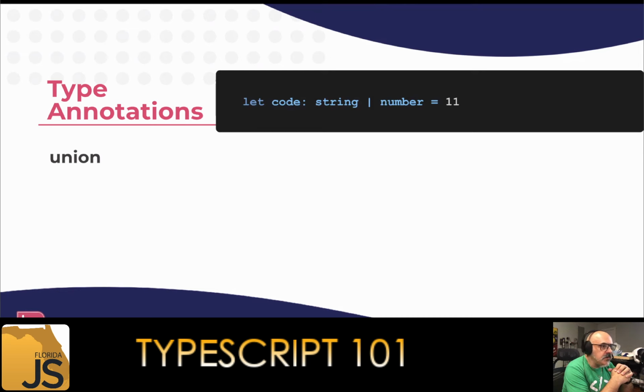And what's that pipe doing, right? What that pipe is doing is saying that it's a string or a number. And you might find that very strange, and maybe it's obvious when it comes to code. But just for example, remember that in Canada, the zip codes are letters and numbers. And here in the United States, they're just numbers. So if we wished to put something like zip codes, although it's called something else in Canada, we could do that, right?